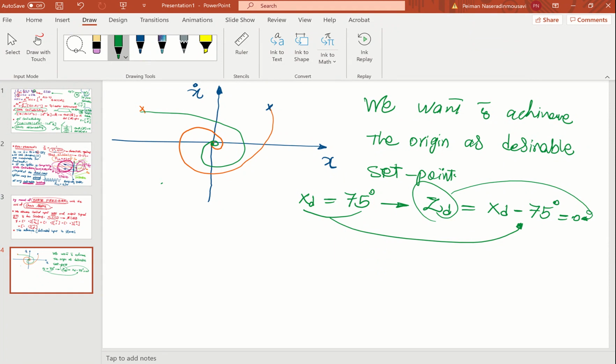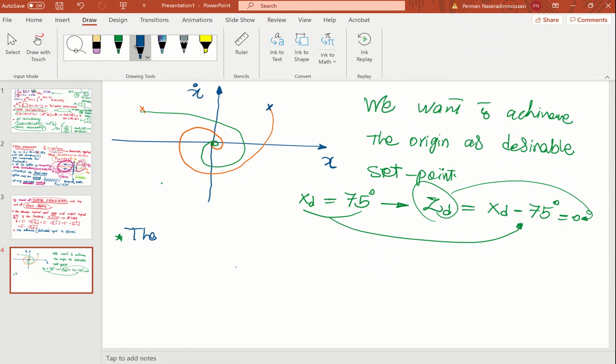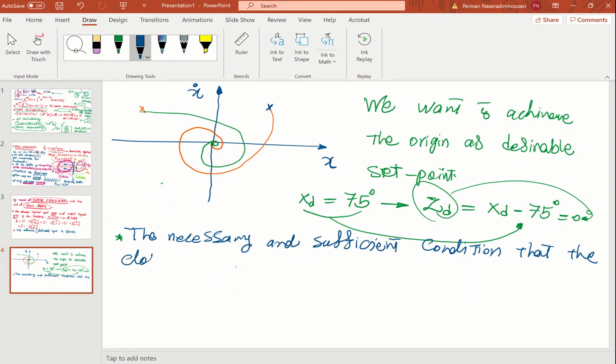Okay, so these are things that you have to know. Now, having this, the necessary and sufficient condition that the closed loop poles of the system